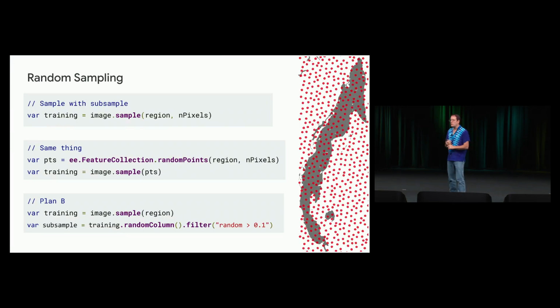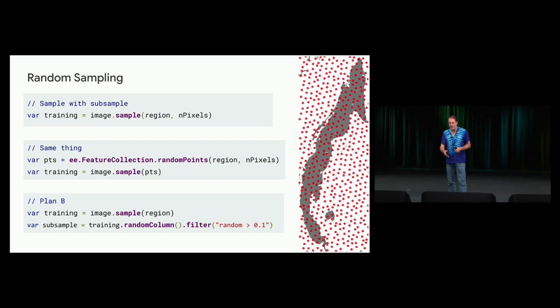But some other ways to do random sampling are to make a bunch of random points and then sample at those random points. This is actually what sample does when you give it a smaller number of points. If you say, do 1,000 points, it will generate 1,000 random points by calling the random points function directly and then sample at each one of those points. And this works okay, except that it just throws 1,000 random points into your region or onto the planet, depending on how you specified it. If some of those points fall off of your data, if they fall into masked areas, or that's Cuba,